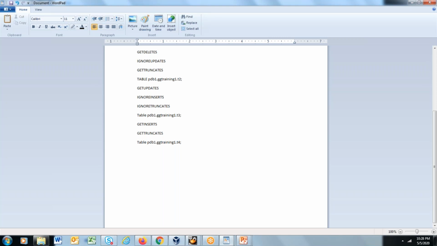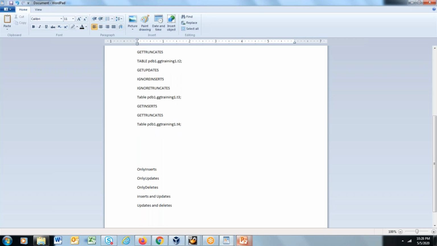Possible options are, the customer wants to capture only inserts. This is one possible option. Second option is only updates. Third option is only deletes. Fourth option is a combination of inserts and updates. Fifth option is updates and deletes.